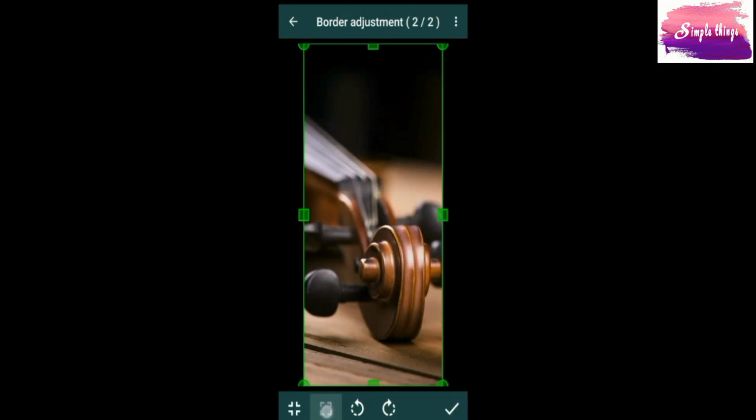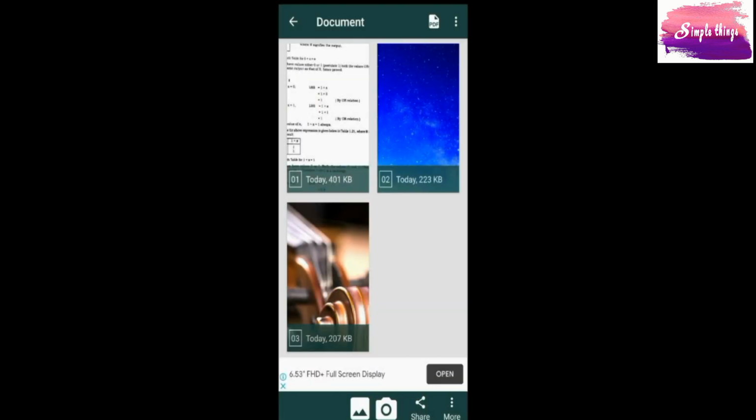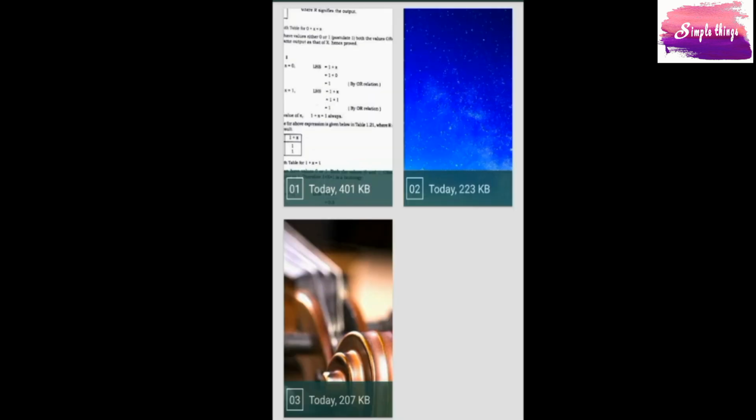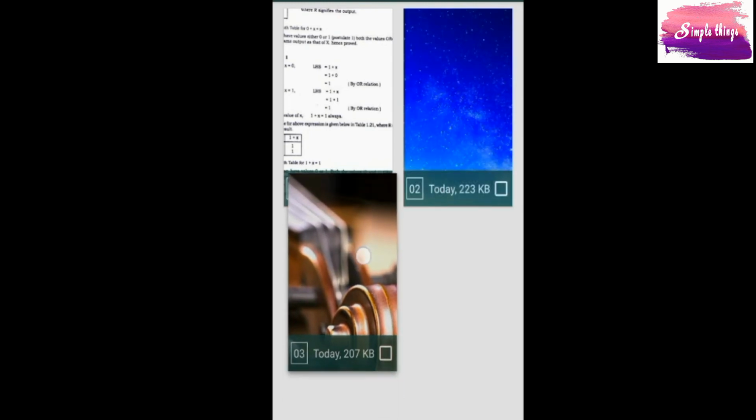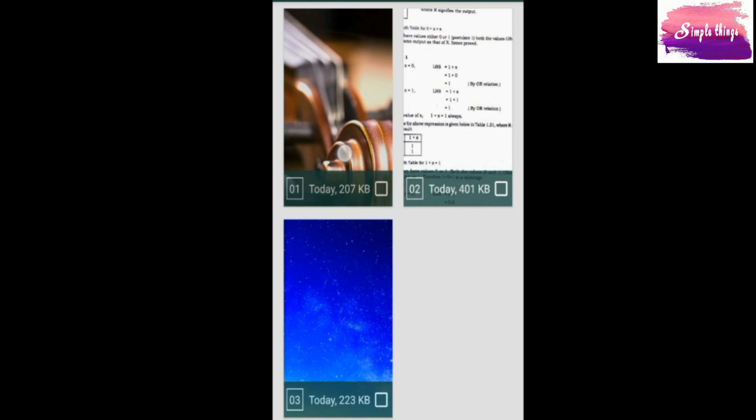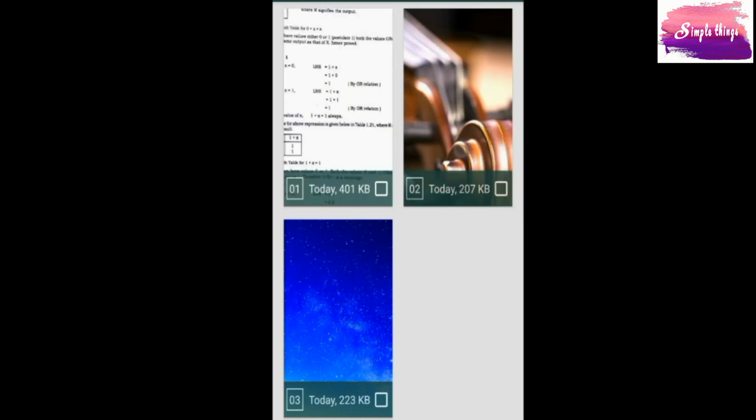And then another option, this I'm going to select fully. Once you have selected all the pictures that you want and adjusted according to your wish, you can click on the tick mark and all the pictures will appear here. Once all the pictures are selected, now you can decide which picture should come first. Because it will come in the PDF as page number 1, 2, 3, like that you can decide. Just click and drag, select and drag like this. You can adjust and decide which one should come first.